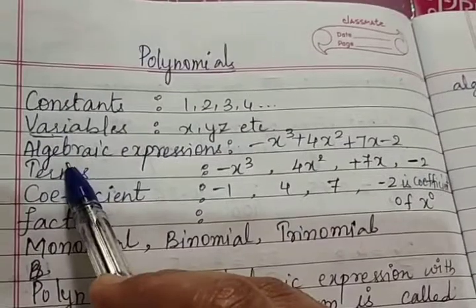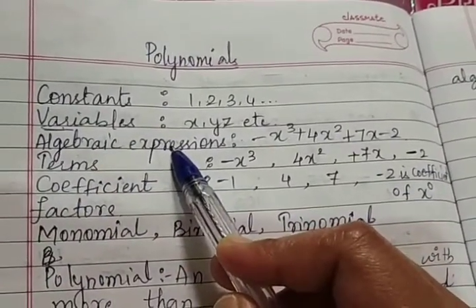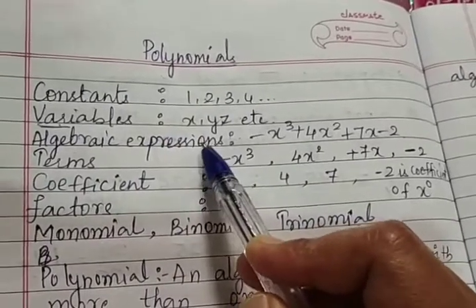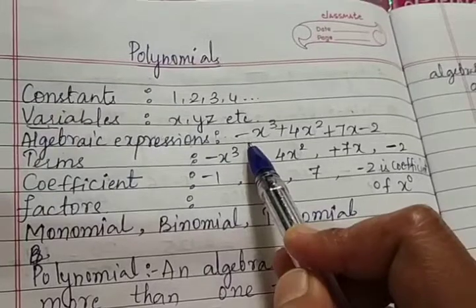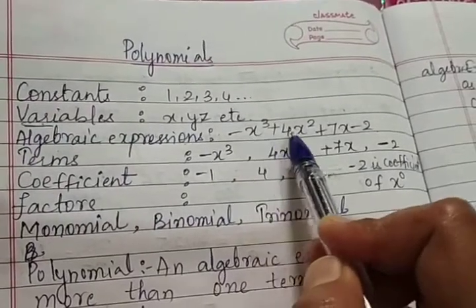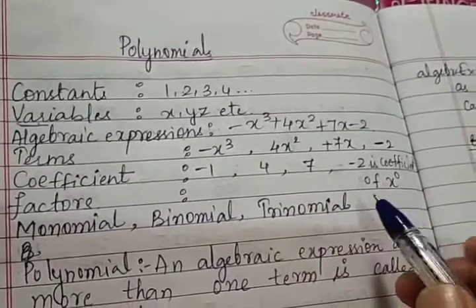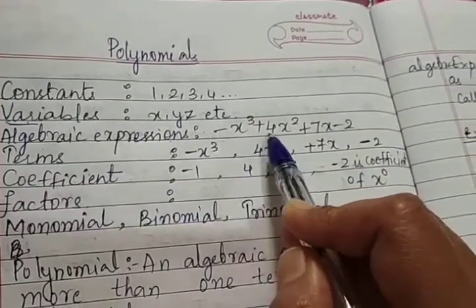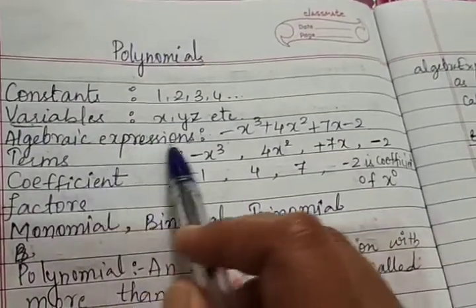And what is an algebraic expression? This you have learned in 8th standard clearly. There was one whole chapter based on algebraic expressions. Algebraic expressions are the combinations of variable and constant, constant and constant, and variable and variable, and these all are connected with minus, plus, multiplication and division signs. So here is an example of an algebraic expression.